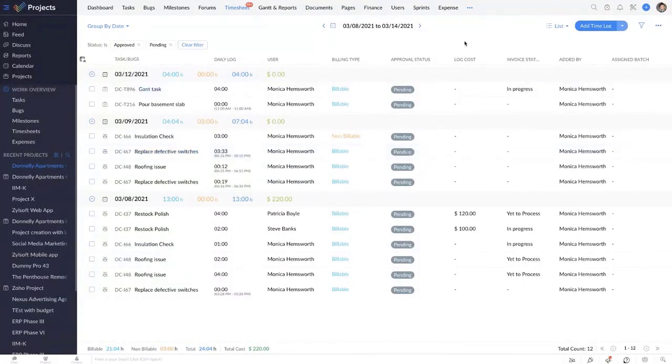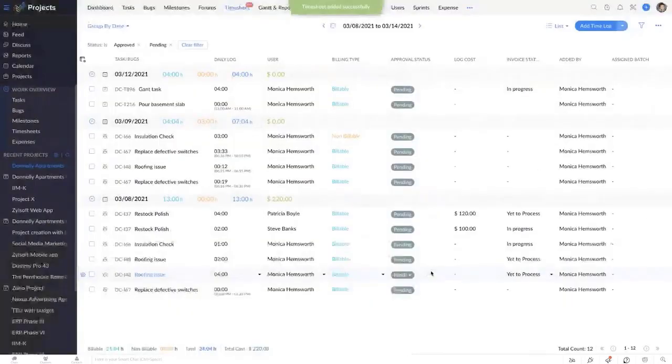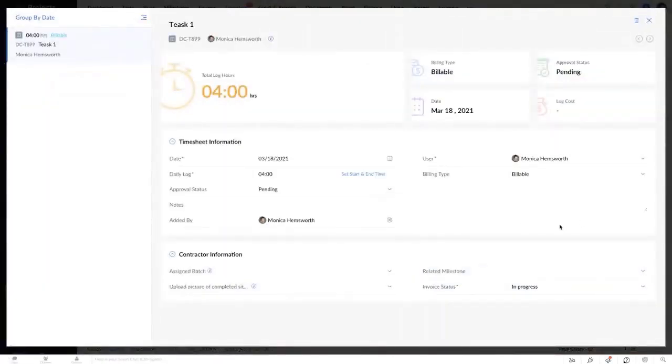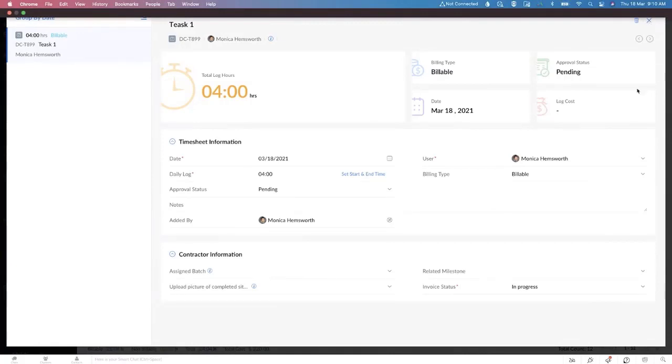And the other way you could enter your log hours is through the timesheet itself. Click on Add New Time Log, select the task that you have been working on, select the date, enter the log hours, and select the invoice status. Now this would directly enter all your log hours here. And with our integration with Zoho Invoice, an invoice can be automatically generated and sent to your clients based on the completion of milestones or on a weekly or monthly basis based on your billing agreement. And if you want to set up approvals for your timesheet, you could do that too.